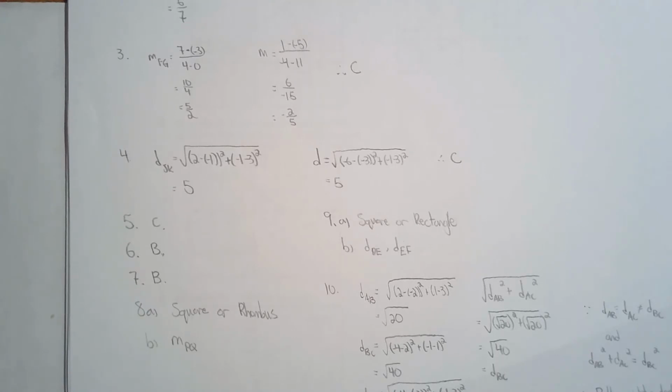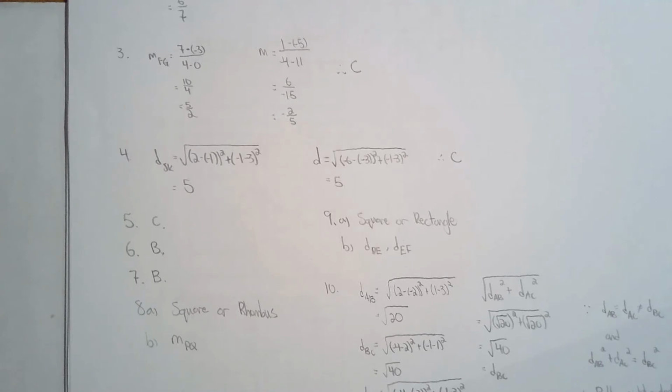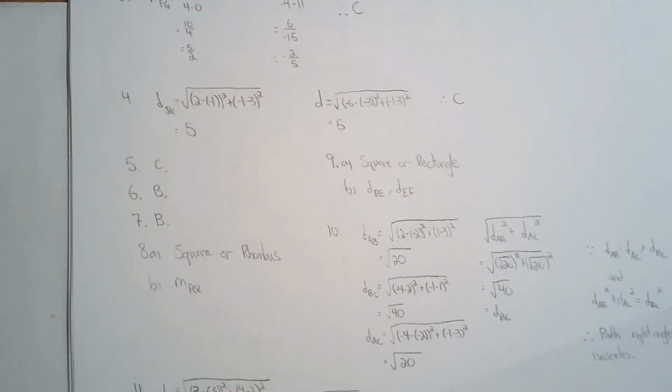7. Which of the following is not true about a rhombus? And the answer is B. Adjacent sides don't have to be perpendicular. That's if you're a square. For question 8, if you're told that all the lengths are the same, you either have a square or a